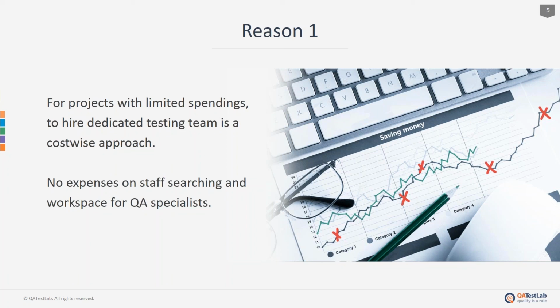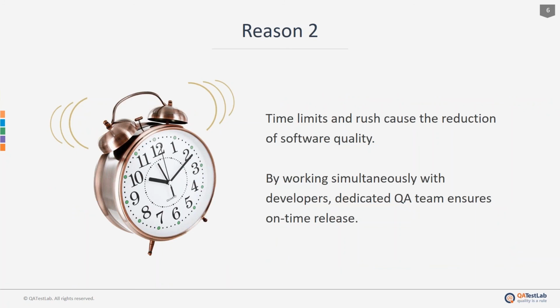The second reason is lack of time. Close deadlines make the project team close their eyes on a number of punch items. Details are neglected and everyone prays for the code to work. Nobody practices this technique anymore. If the product or feature is not ready for release, it should not be pushed. A dedicated QA team helps to save time by ensuring simultaneous testing and development. Both teams accelerate the task's fulfillment, which guarantees a smooth and on-time release.